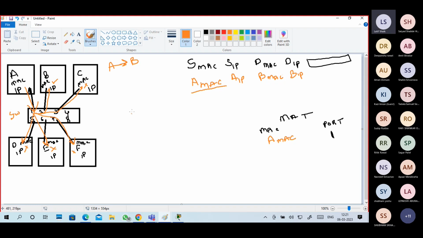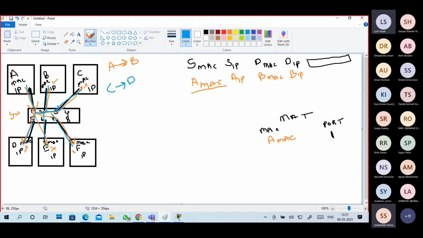Of course it does broadcast, but in parallel it is creating this table. For example, C sends a packet to D. So again from port number 3 of the switch, it broadcasts to everyone.